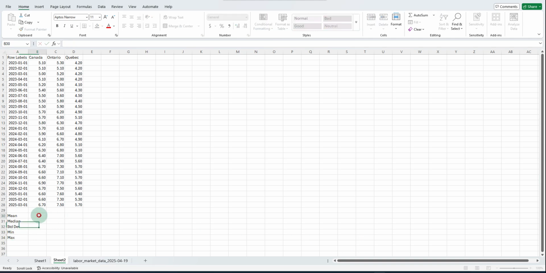And that's it. So right now, you can put in your equations. You always start with the equality sign. Mean is the average, AVR. So I'll hit tab, I'll select it, and hit enter. For median, start with equal, MED, median, hit tab, do the same, it's the same range, hit